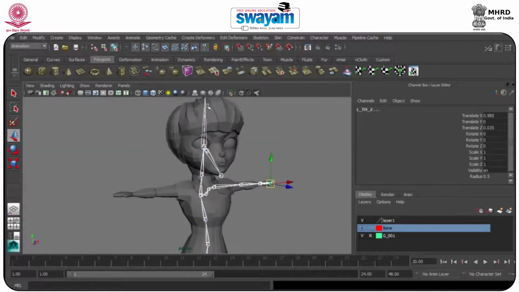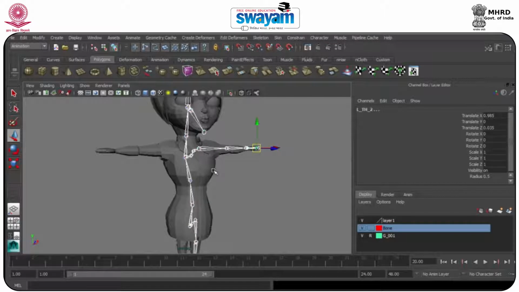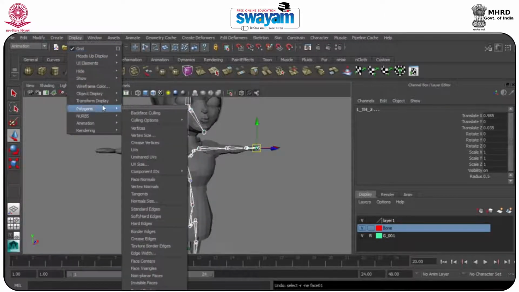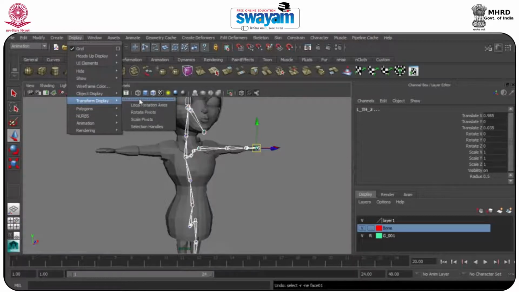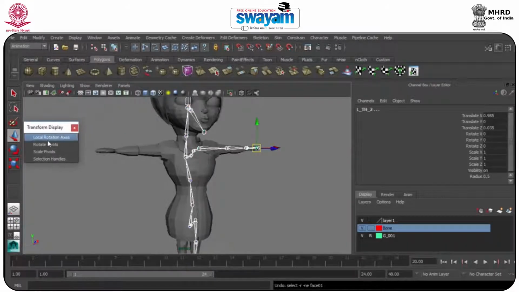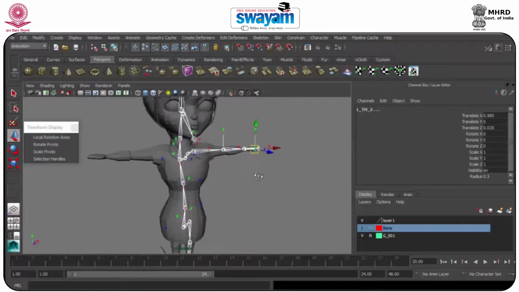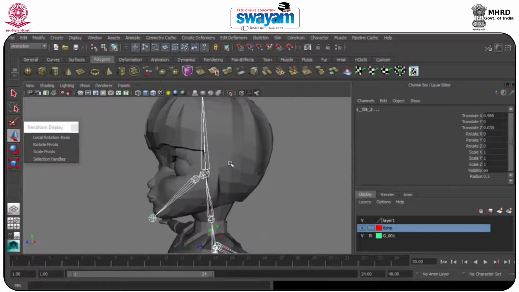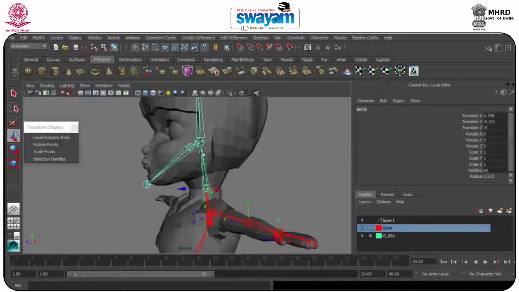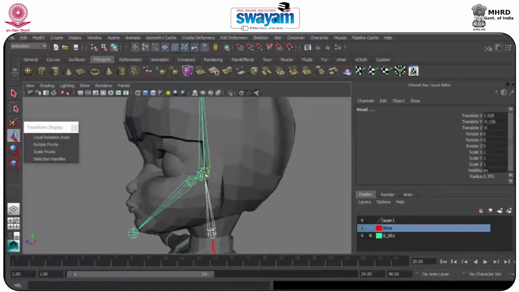So we have selected all the bones, and now we go to Display, and here you have the Transform Display. I will click this, move over here, Local Rotation Axis. So we can see that okay, this part needs to be connected.